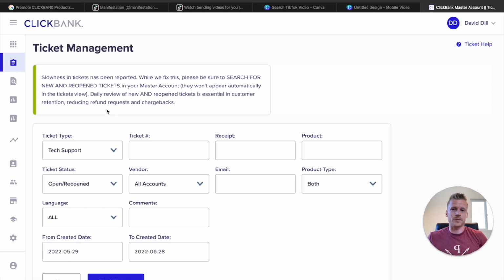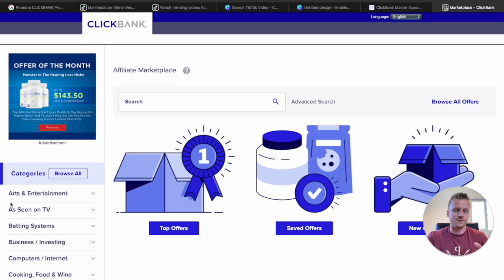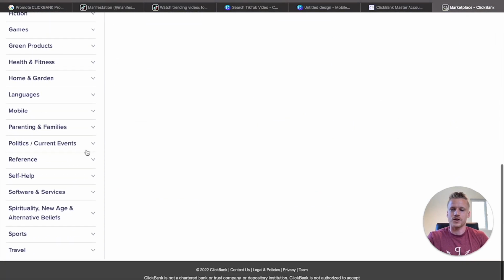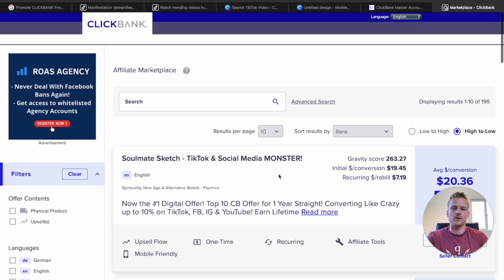Once you're inside your Clickbank account, go ahead and just click on this button that looks like a marketplace because that's going to open up the Clickbank Marketplace, and this is where we're going to be picking out our affiliate marketing products. So go ahead and scroll down on the left and click on this one right here that says spirituality, and then scroll all the way to the top, and we want to do the soulmate sketch, the TikTok and social media monster. This is going to be the product that we are going to be promoting on TikTok,